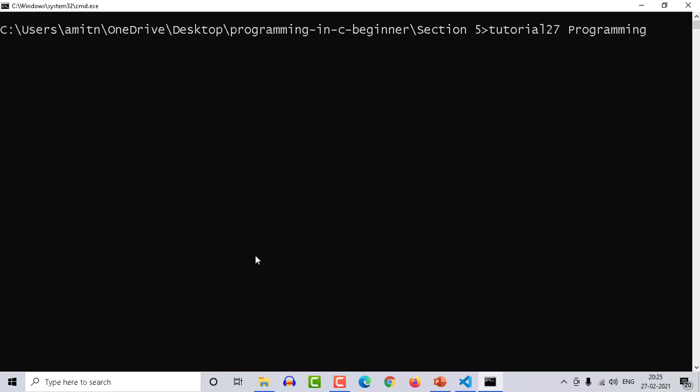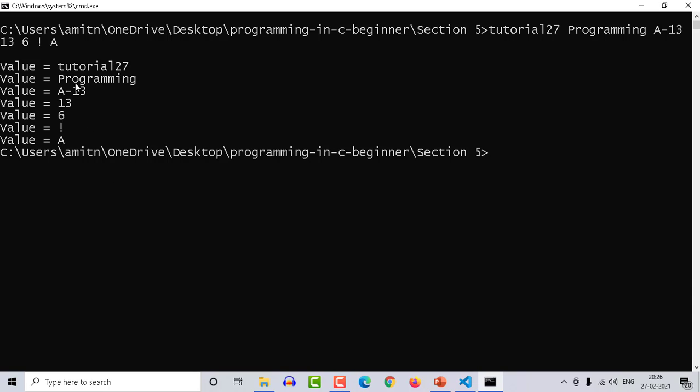It's not like we can only pass a string. We can pass a pure string. We can pass an alphanumeric string. We can pass a number. We can pass a digit. We can pass a symbol. We can pass a character, right? So we can pass plenty of things. All these things will be treated as strings, first thing. And second thing, they all are separated with white space, and I haven't used any other separator. So make note of it. And you can see it's printing all the things.